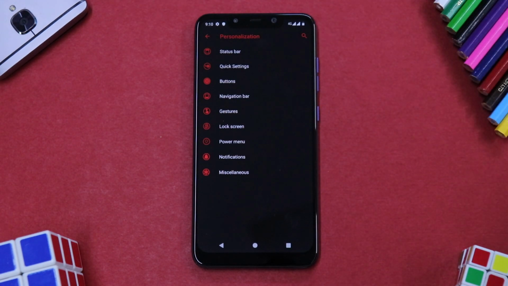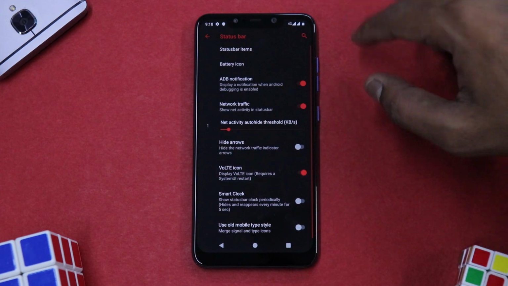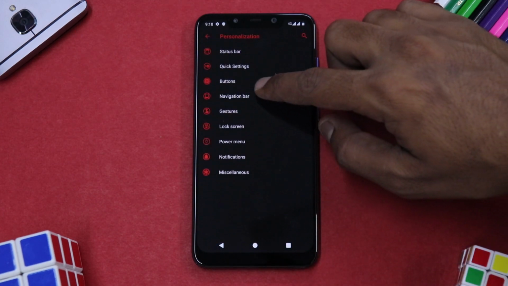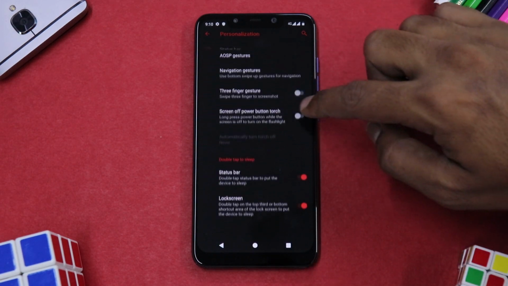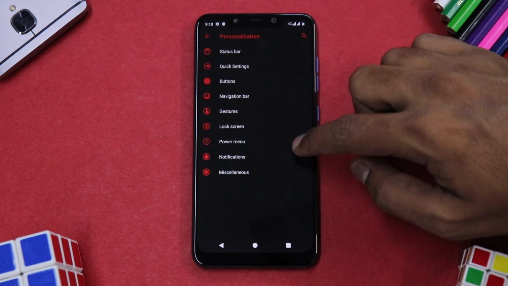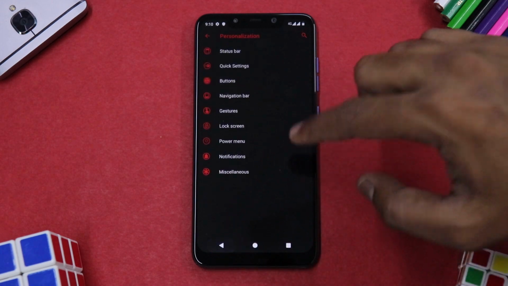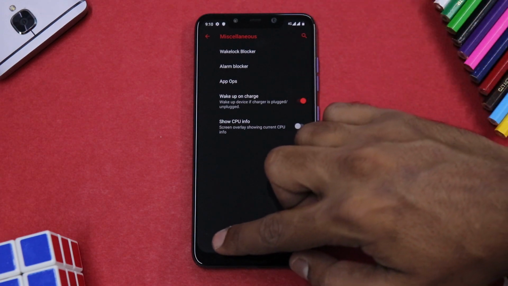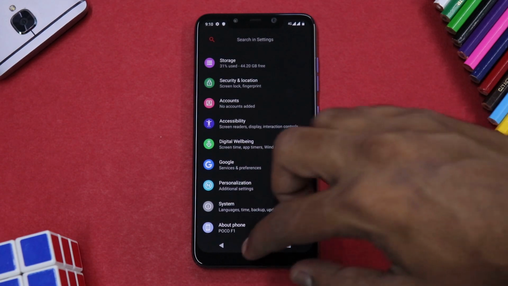And let's have a look at the customization menu quickly. We will not go through it in detail because remember, this is an install and preview. Status bar customization, lot of options. Voice over LTE icon can be enabled. Quick settings over here, adaptive brightness button, navigation bar. Then we have button customization, gestures. Yes, you can use ASP gestures, navigation gestures, lock screen. You can customize the power menu. We will need advanced restart after flashing this ROM for sure, because we would want to go in recovery, and miscellaneous as well. So all in all, this ROM does have a lot of customization available,